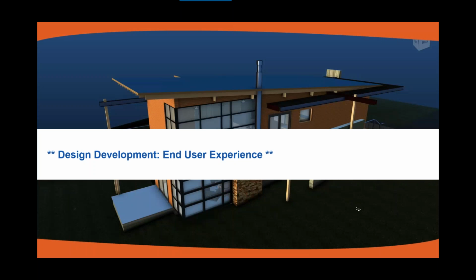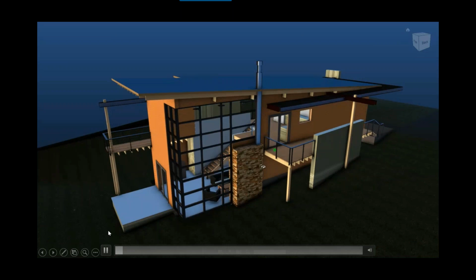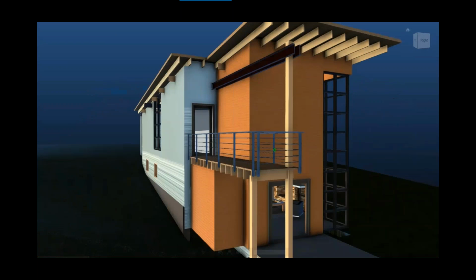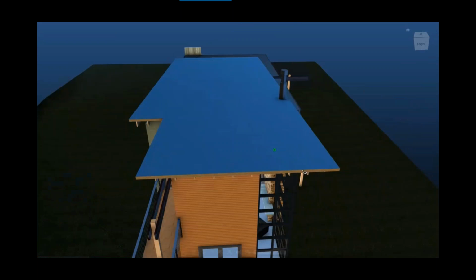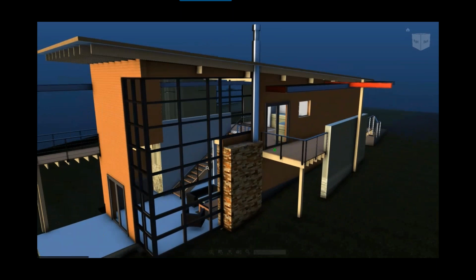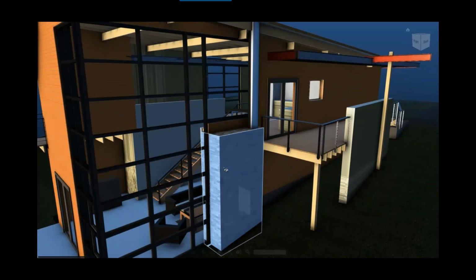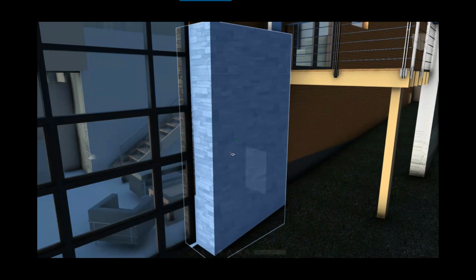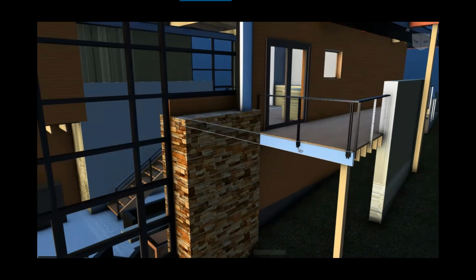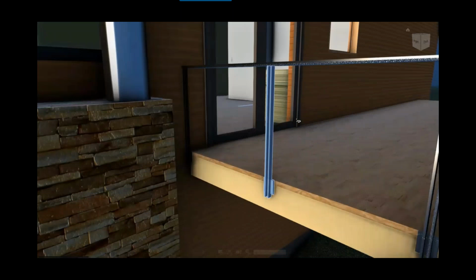Cool, huh? Now, let's take it to the design development. This is the end user experience. In this case, the same model, a different model in this case, is now uploaded to the cloud. As the designer and everyone on the design team, we can explore materiality in real time. What we're looking at is my screen capture of looking at this design model and looking at how the materials